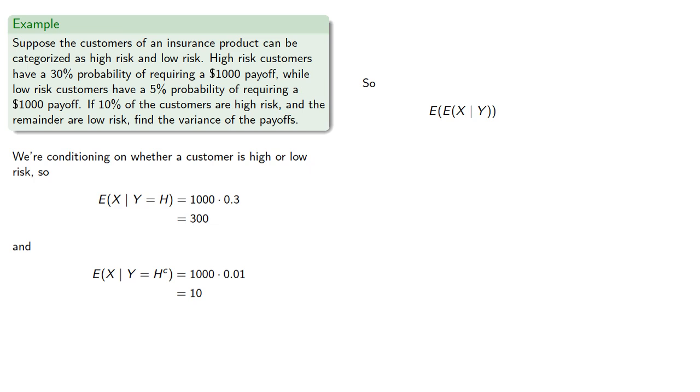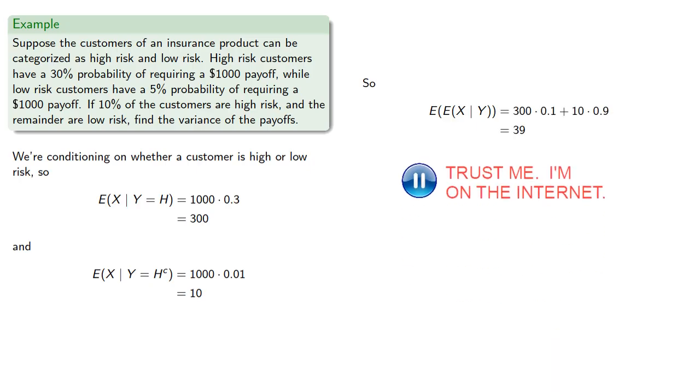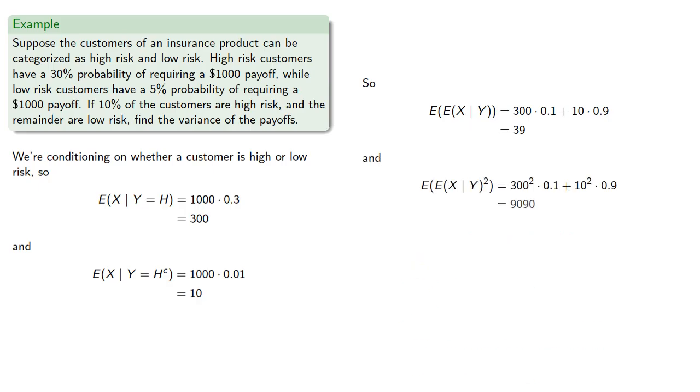Now, while we know this should be the expected value of x, remember we've only found that by computing it in the earlier case. So let's pretend we haven't done that work, but we can calculate it directly because we know the payoffs and their probabilities. And likewise, the expected value of the square of that conditional expectation. And so our variance will be,